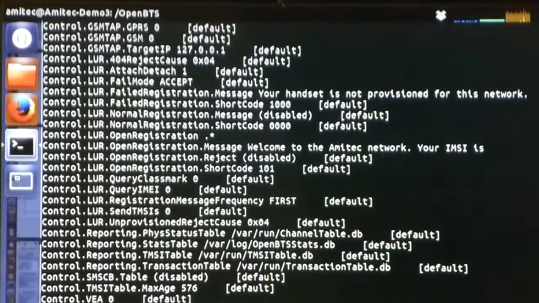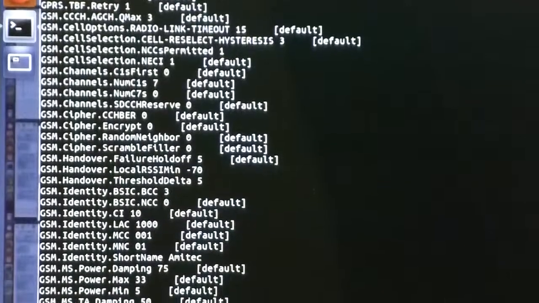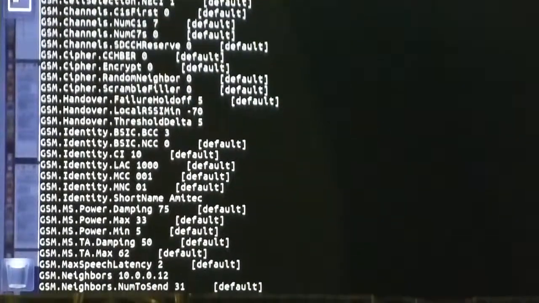So on this laptop we have a working model of our BTS station. This BTS station will control this base station. On this system we have another instance of our base station software running.